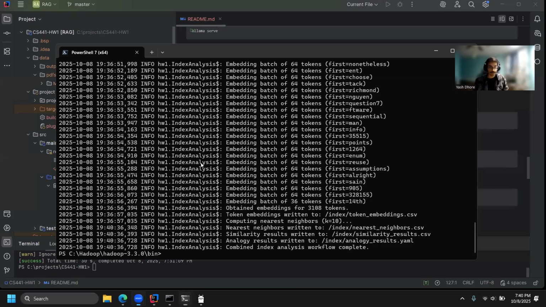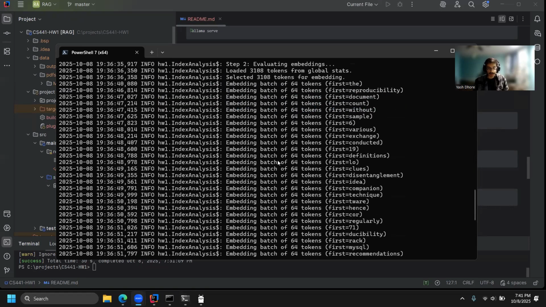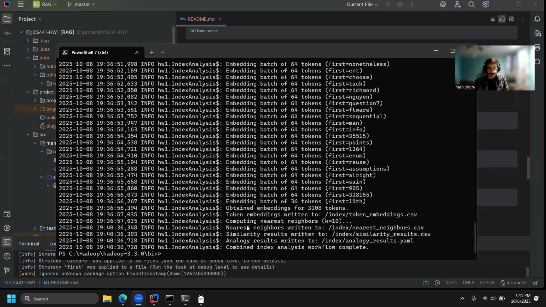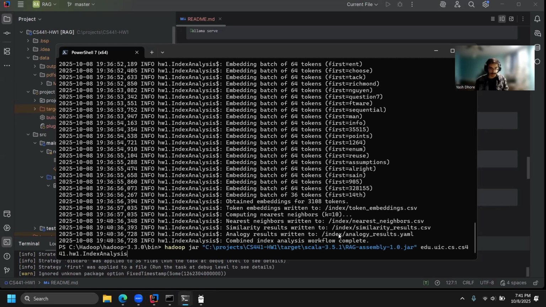All right, we are back. As you can see, it has completed. A lot of logging, etc. Not going to really go deep into that right now, but we can see that it has written our token embeddings into that file, nearest neighbors to this file, similarity results to this file, and analogy results to this file. We will not be looking too close at them right now, but I can give a brief look. So we will show token